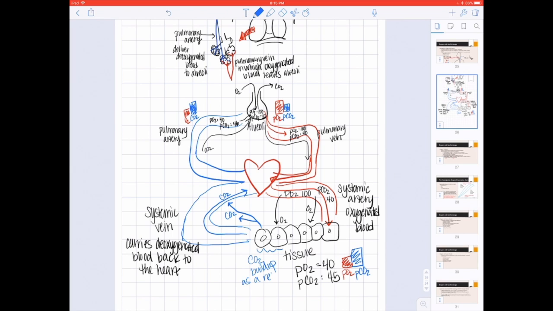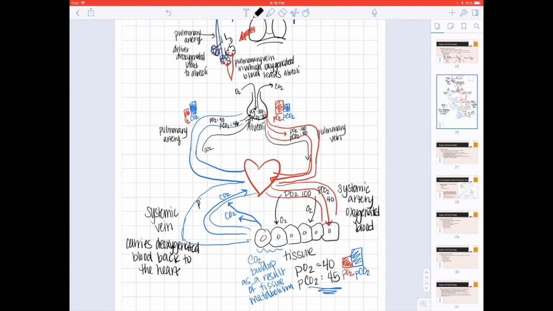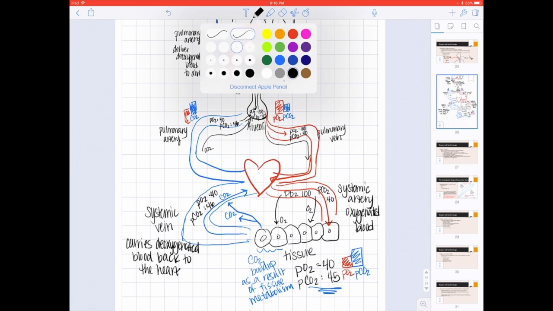as a result of tissue metabolism, or metabolism of cells within the tissue, then we're going to get a higher concentration of this PCO2. If we know that the partial pressure of oxygen is 40 in the systemic vein and the partial pressure of CO2 in the systemic vein is around 46, then that high concentration of CO2 is going to travel to lower concentration, hitch a ride through the systemic vein to the heart,